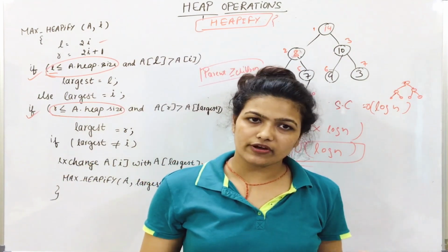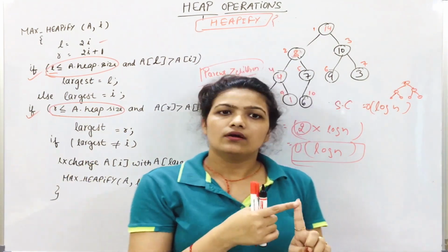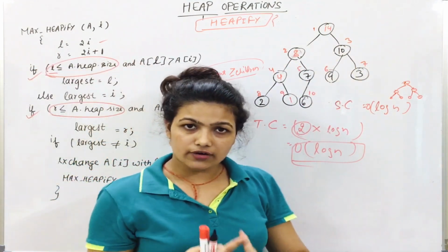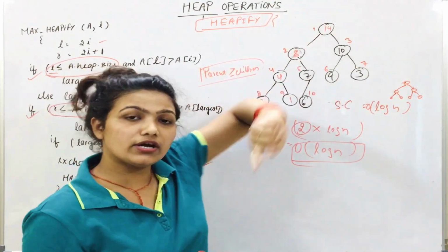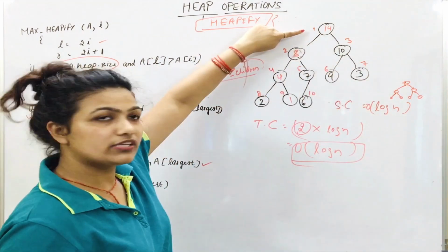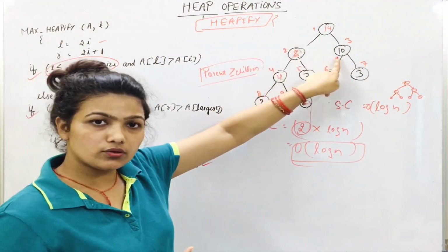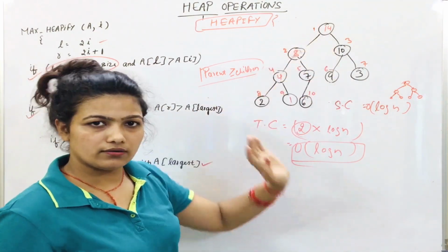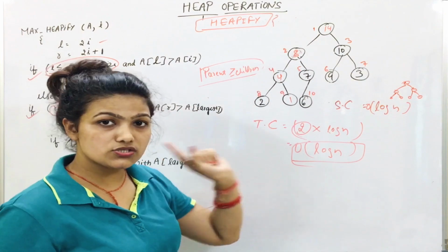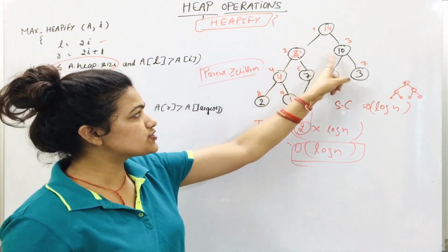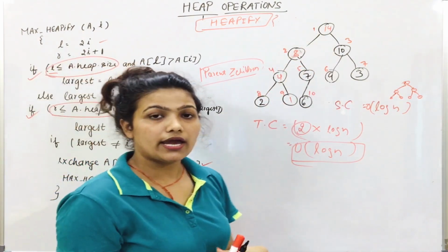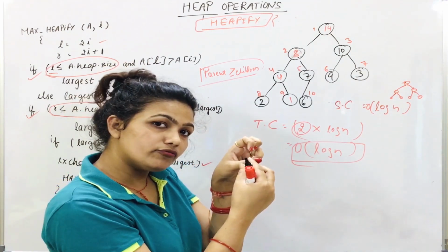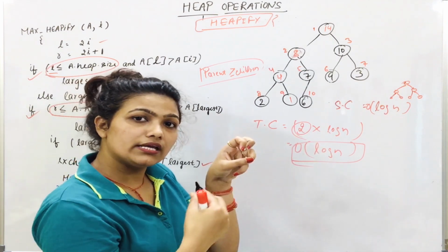So we have seen the heapify operation. This is simply what we do. We insert the elements level by level in this way. Now we'll start from the very first element. If we are talking about max heap, we will compare whether the parent is greater than its children or not. If not, then we will swap with the greater child. We start from the first position, then the next, and continue until we reach a leaf node. Once we see a leaf node, after that leaf node all nodes will be leaves only.